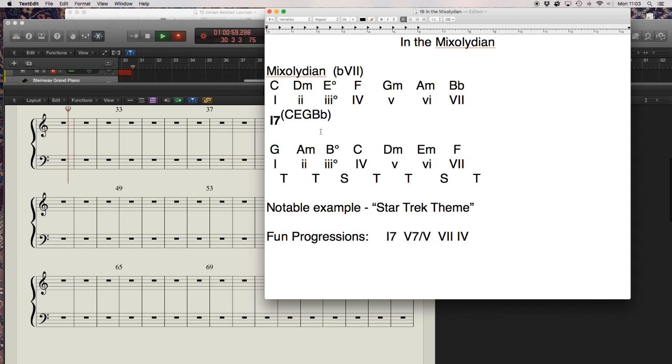Interesting thing about the Mixolydian scale, aside from how similar it is but for that one note, not unlike the Lydian, is that now that dominant seventh chord happens to sit right there in that first position. So you could use that C, E, G, B flat as your tonic root to begin off a progression, among other things. Sonically and from a melodic perspective, if you listen to the Star Trek theme, which is in Mixolydian,